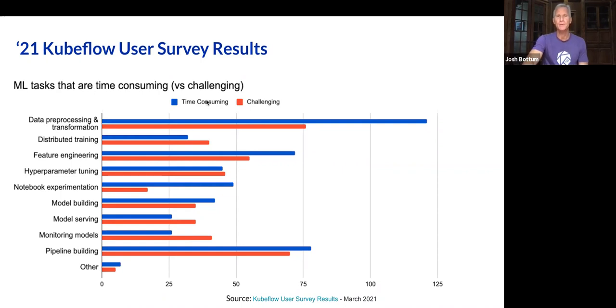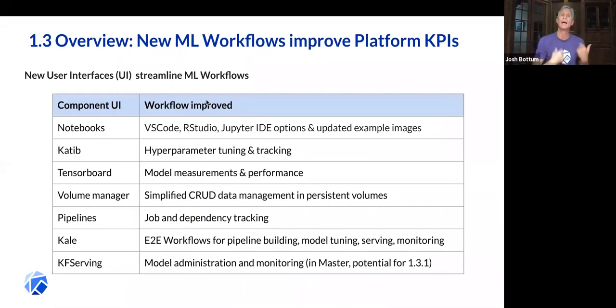So I know I went over that pretty quickly, but I think that's kind of an interesting observation. And as we've worked through trying to help folks, this includes streamlining the workflows with new user interfaces. You can see in notebooks the things that we've provided with VS Code and Jupyter and RStudio and updated images, or in Katib, hyperparameter tuning and tracking, Tensorboard with model measurements and performance, simplified data management with a volume manager,